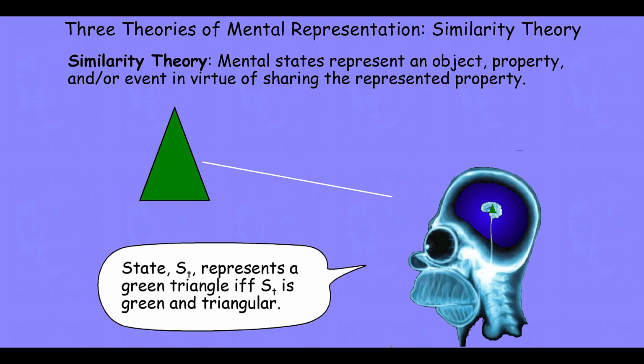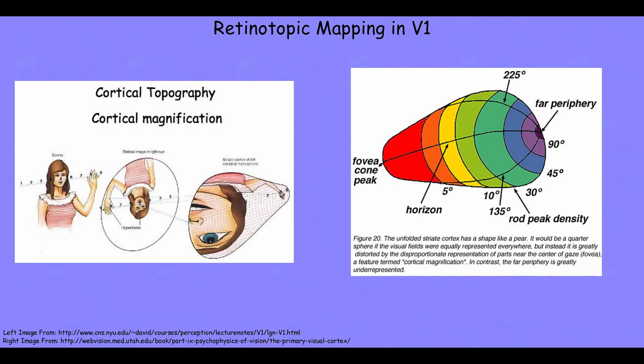However, the theory actually does look plausible when we look at certain aspects of our representational structures in the human brain. For example, pretty much all along the primary visual pathway, starting at the retina in the back of the eye, the lateral nucleus, all the way to the visual striate cortex, our brains represent spatial dimensions depictively, that is, by using a retinotopic map. So, as the diagrams illustrate here, if you were to unfold your striate cortex, the cortex at the very back of your head, the first major junction in visual processing,